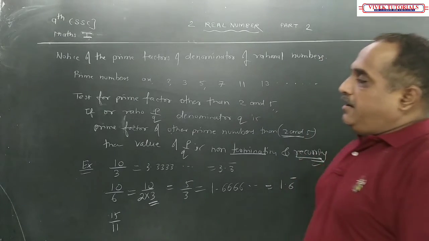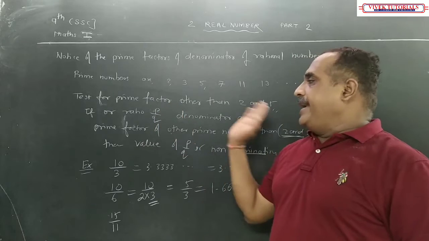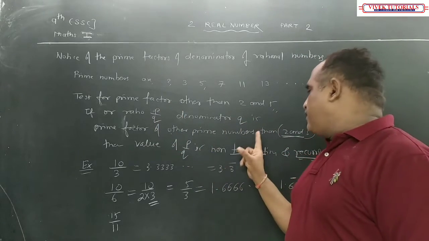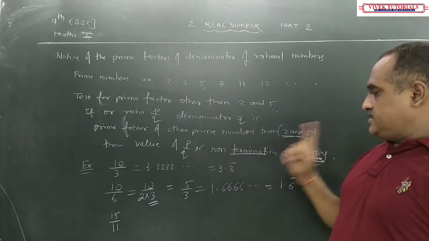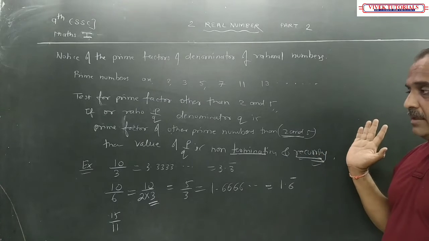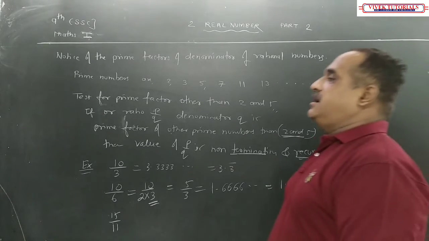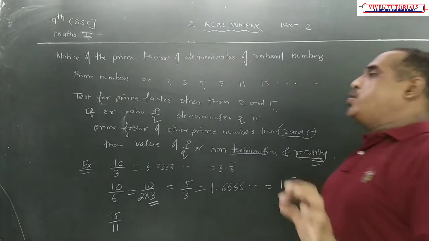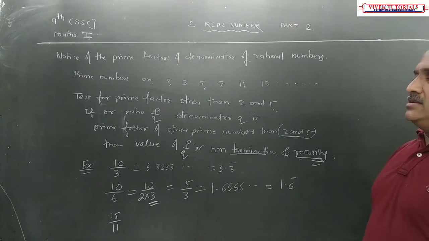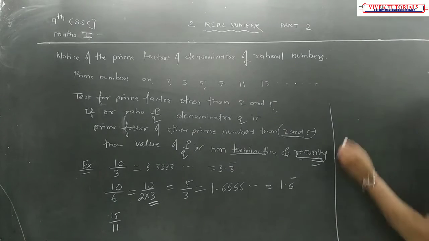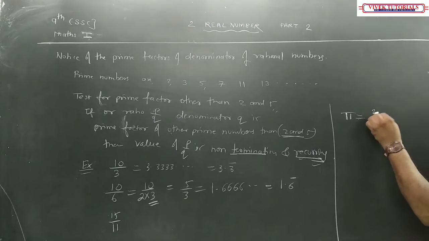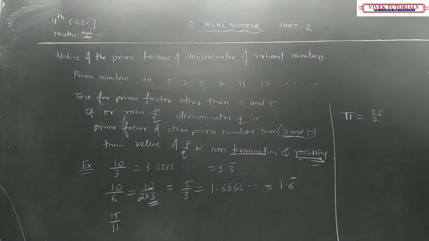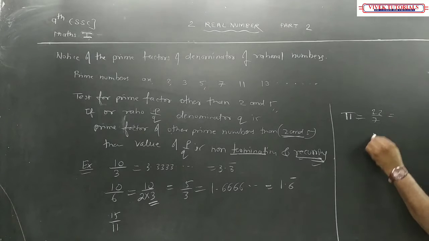If the denominator q is a prime factor of other prime numbers other than 2 and 5, then whatever value you are getting, that is non-terminating and recurring होगा. So I think by mistake yesterday I had given an example of pi, 22/7. In that also we'll take example of that only. Okay, pi. That was by mistake we had given example of it. 22/7 is there. So that is also non-terminating and recurring होगा. How it is recurring I'll tell you.